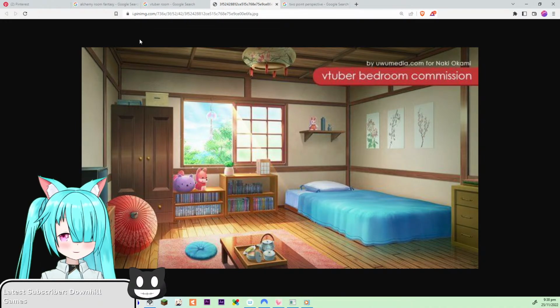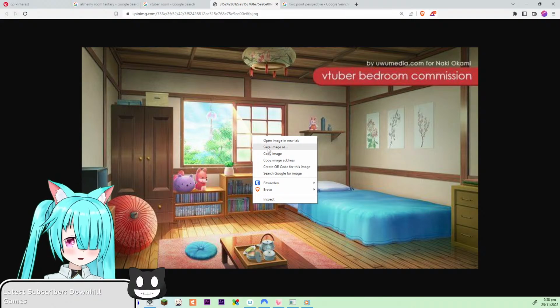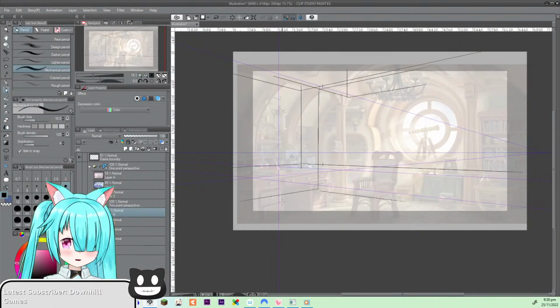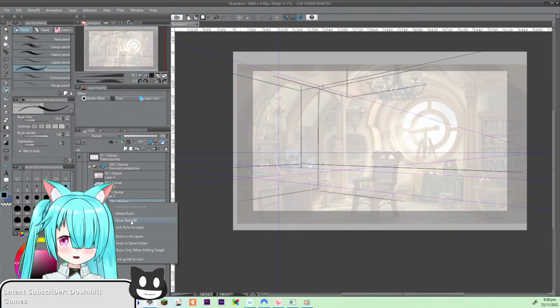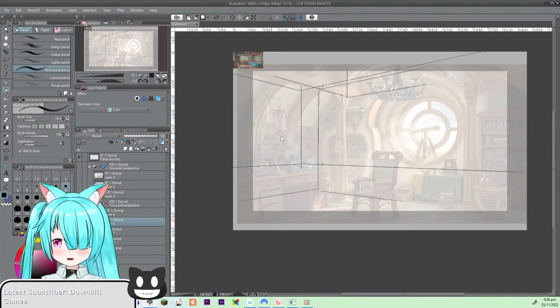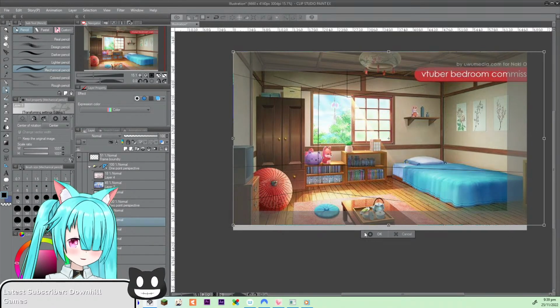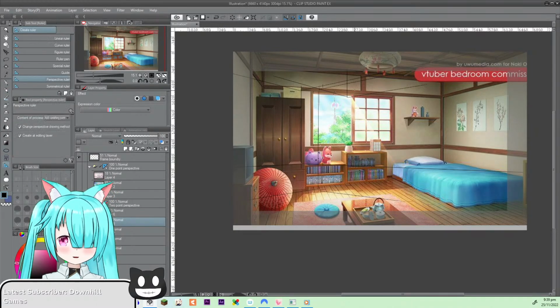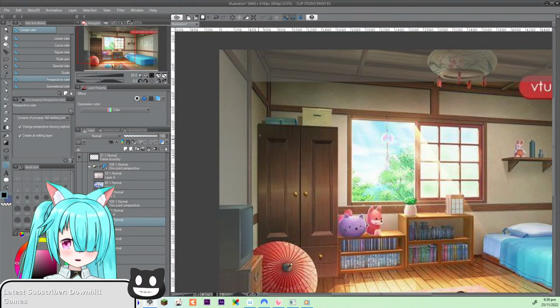Because you have one going this way. And then this one is the same as this one, right? Okay, I need to see where the vanishing points are on this. So let me just copy this. You know what, just don't show roller for a bit. Let me just take a look at this, because I'm very confused, and I should really study how to do this properly, but got one vanishing point,